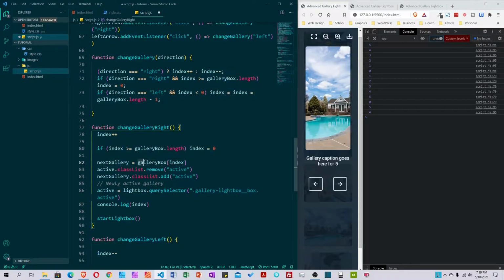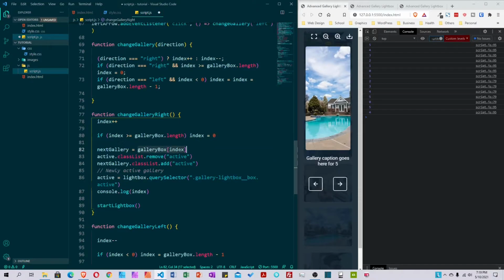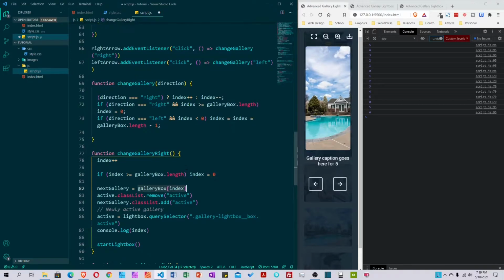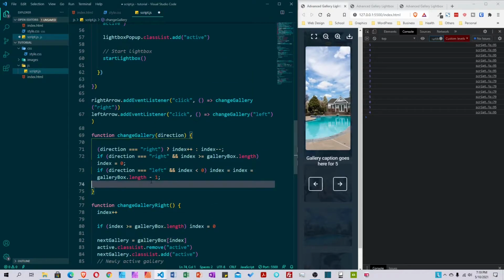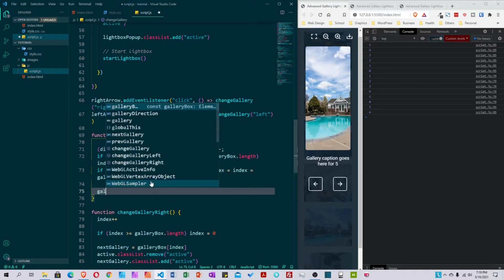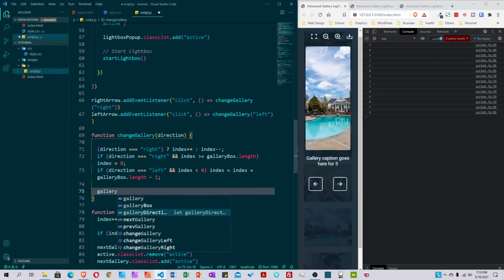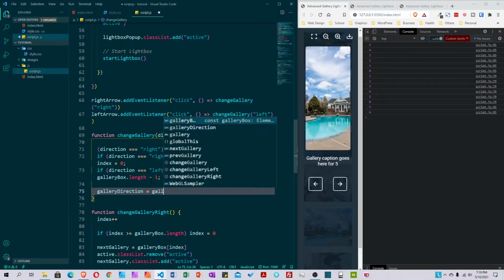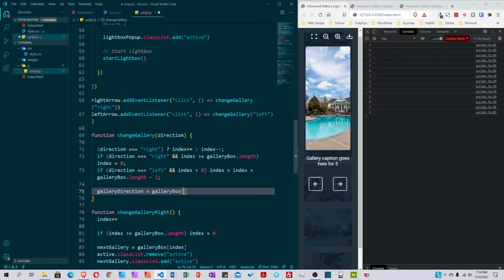Again, you see the value is just the same, gallery backs index here. So all we have to do is say gallery direction equals gallery backs index. Okay, and then